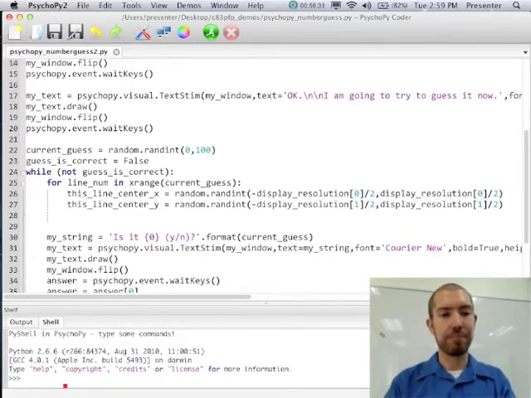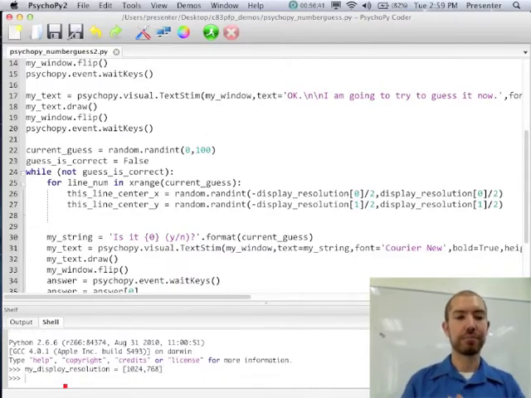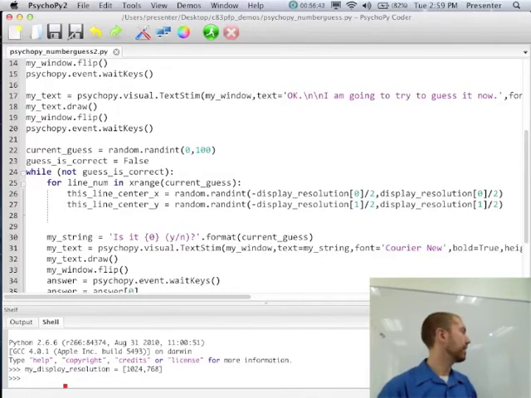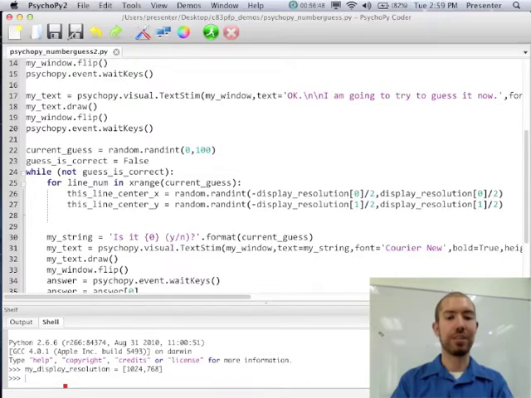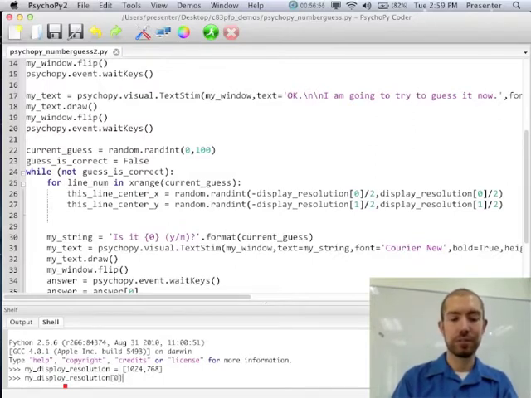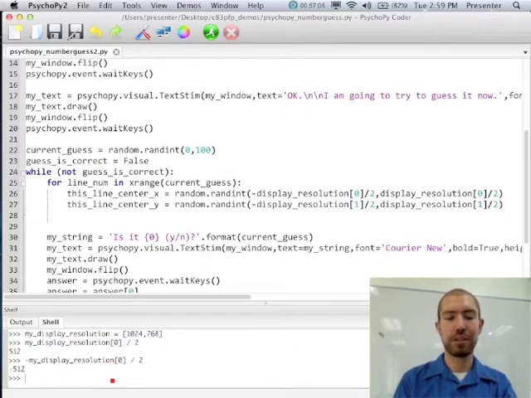So if I say my display resolution equals 1024 by 768, now you can do things like, if you want to say what's half of my display resolution on the left, my display resolution 0 divided by 2, or actually I forgot to do it on the negative side, so we could do negative that, right? So negative, and that's fine.